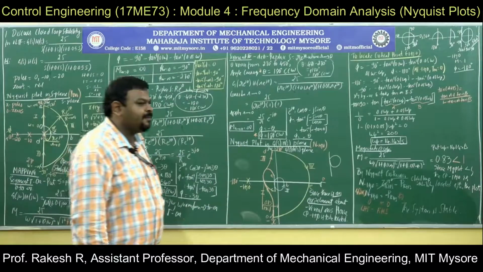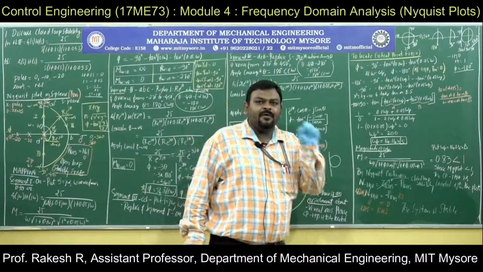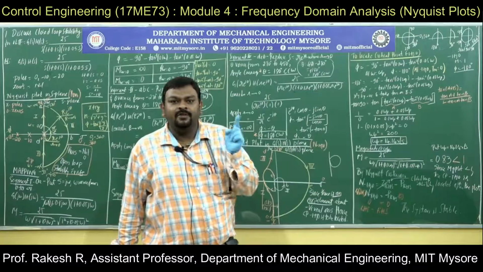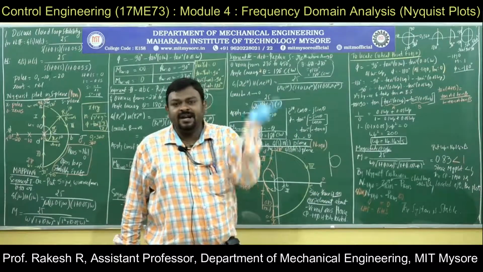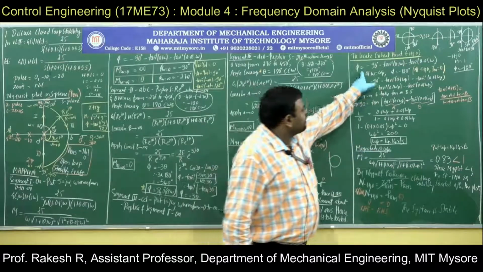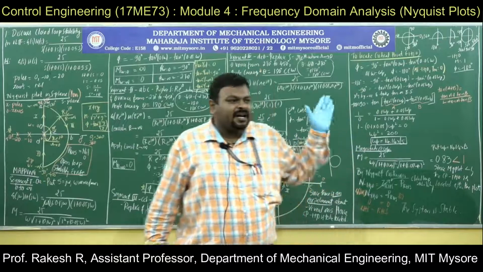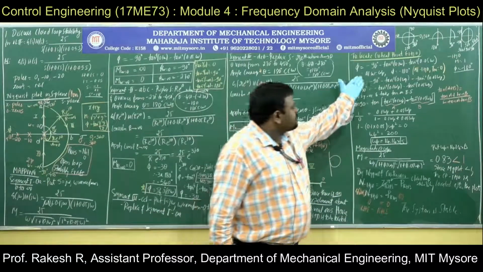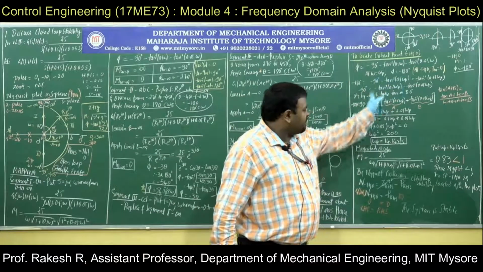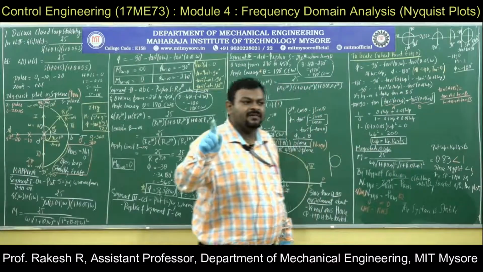Since it is crossing, you have to locate the magnitude of the critical point. What is the magnitude of the critical point? You get the magnitude when omega is equal to omega_p. We will be getting magnitude 1 at the phase crossover point. How to get that? This is the condition: phi is equal to minus 90 minus tan inverse of 0.5 omega_p. Substitute omega equal to omega_p, you will get phi. This is the value you got. Magnitude value is 0.83, which is less than 1.